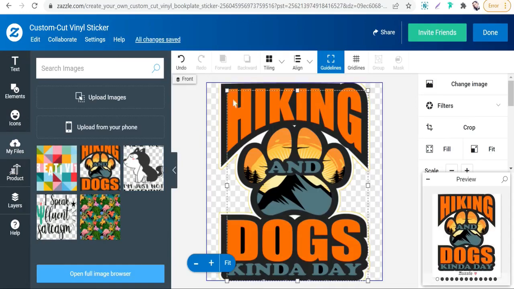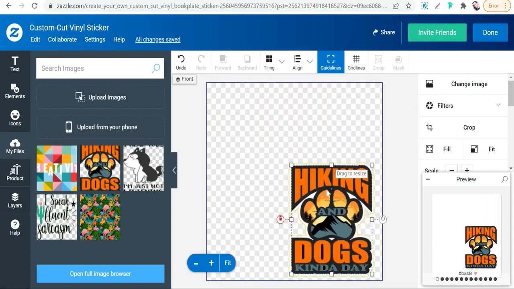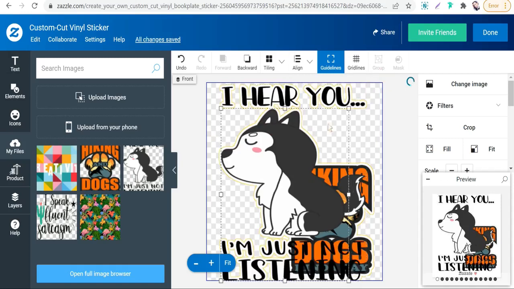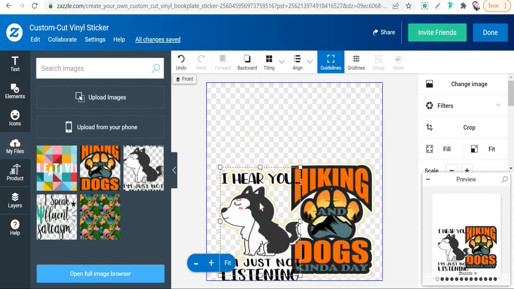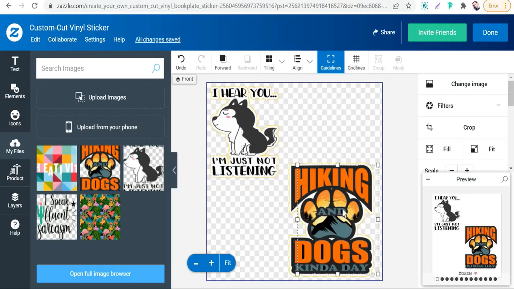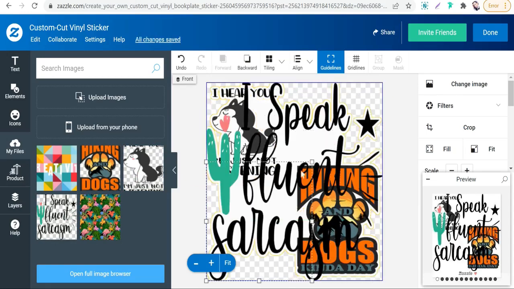We can make it smaller, as you see, okay, and pick out the second one like this one, okay, and you can also make it smaller like this one, okay, perfect. And we can use another one like this design, make it smaller,